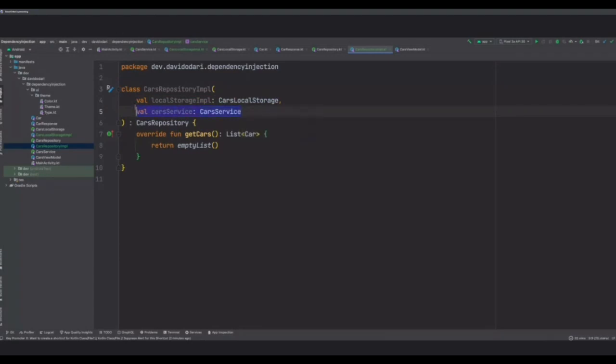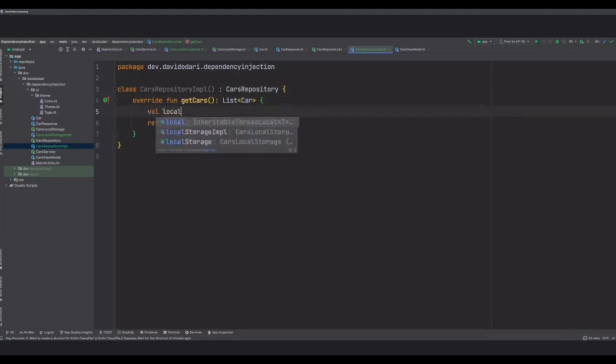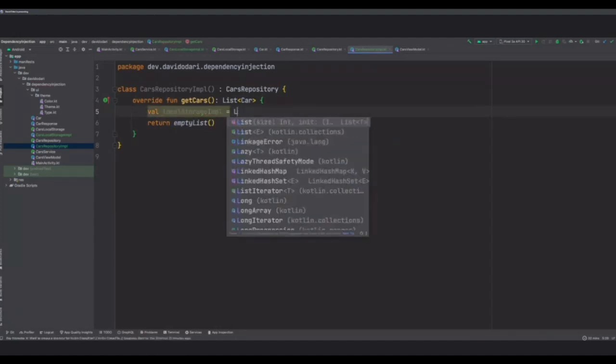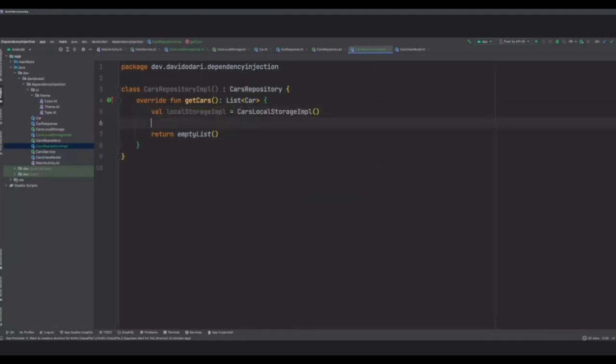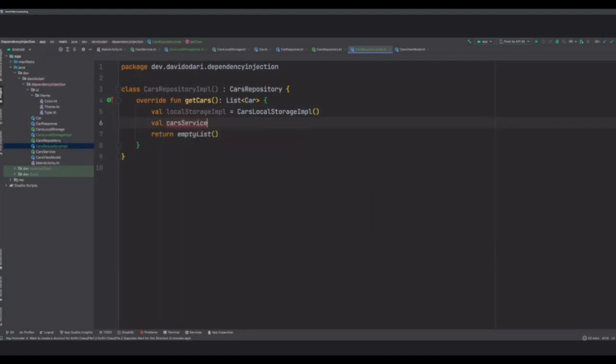If I was to remove this, and instead I came here and did this, val local storage implementation, what's the name again? Cars local storage implementation, and car service. And let's say we have car service implementation. This doesn't exist.